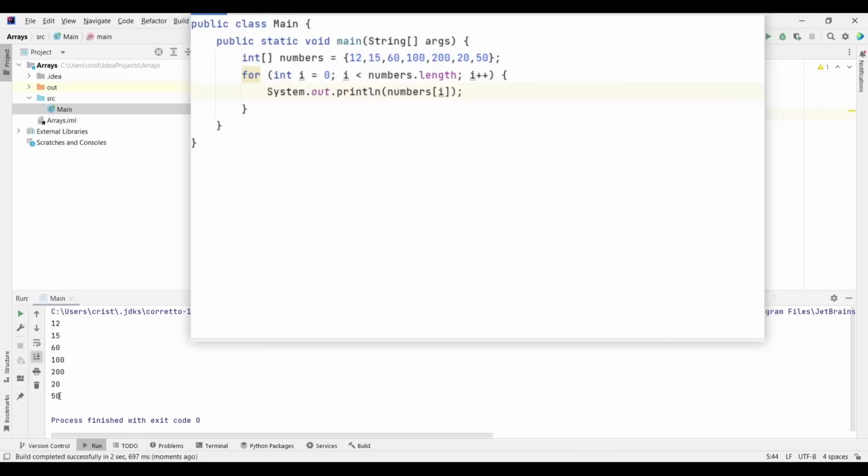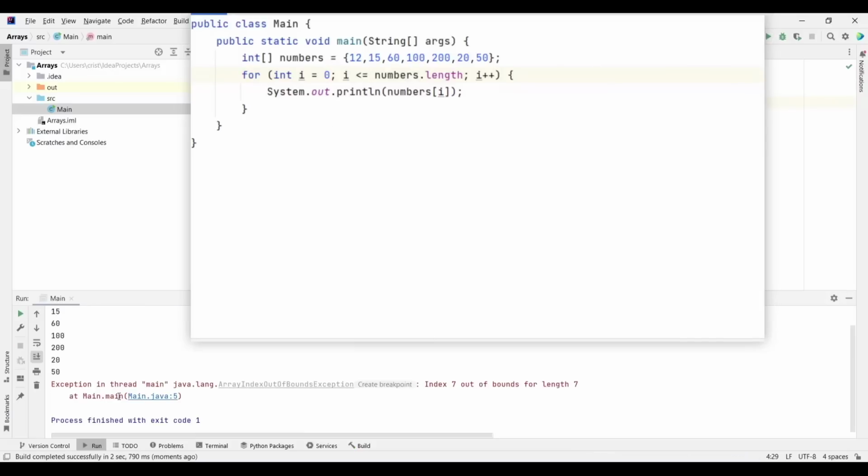we don't have any problem, but if I put less than or equal to numbers.length, so now if I run that, now we get an exception. It says index 7 out of bounds for length 7.